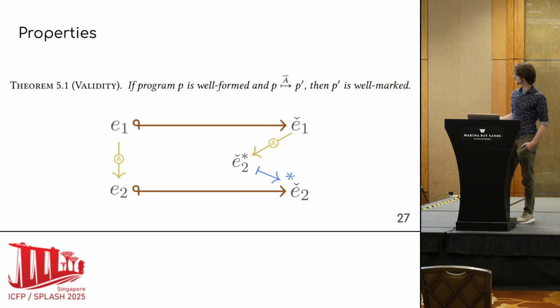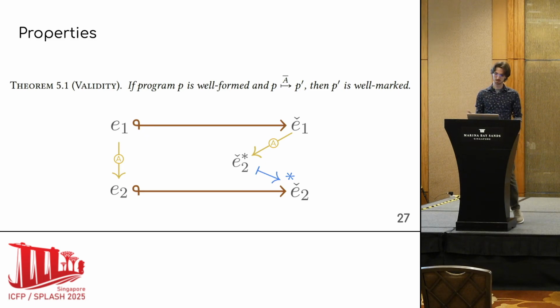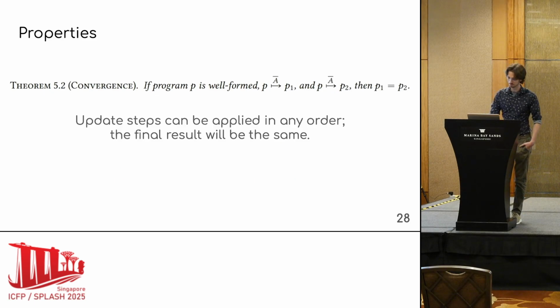And that corresponds to this commutative diagram, which I won't explain in detail, but it says that if we apply this action and then propagate all updates until we can't anymore, we'll get the same result as having retype checked the program from scratch. Convergence states that